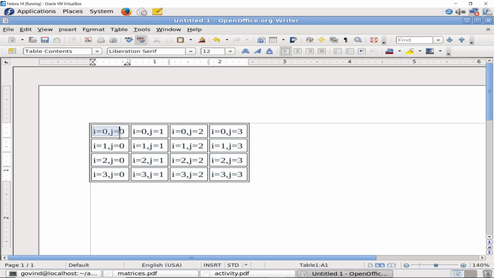You can recollect the video on programs on patterns wherein I had tried to represent the same kind of representation of a table. However, I had taken i and j as ones for generating patterns. Here I cannot take i and j as 1 as a starting value because array index always starts from 0.